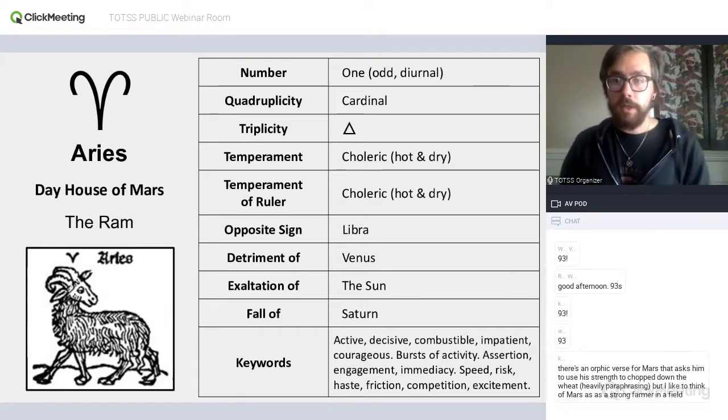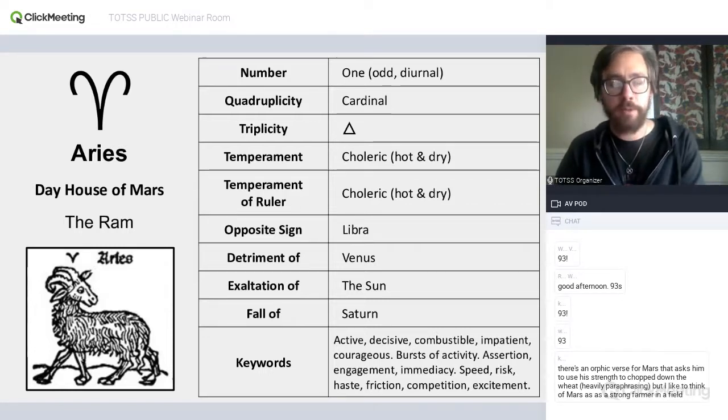So Aries is numbered 1, which, as I may have mentioned in our last class, I think the only thing I've found to be useful about the number symbolism is just whether the number is odd or even. I don't find any particular meaning beyond that.